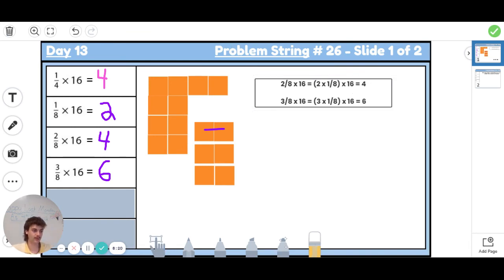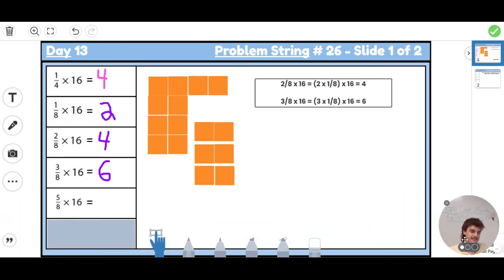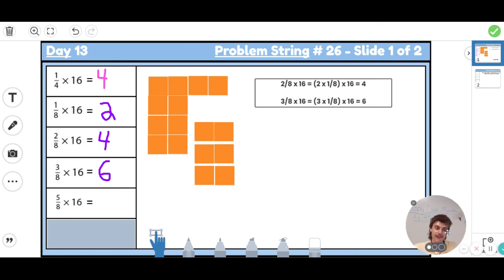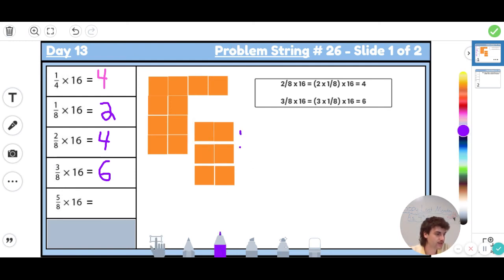We got 2 more to go through, and then we got some homework problems. So keep pushing. The next one is 5/8 times 16. 5/8. That fits our pattern. So right now we have 1. Here, I'll mark it down. We have 1, 2, 3/8. So now we're going to need to add